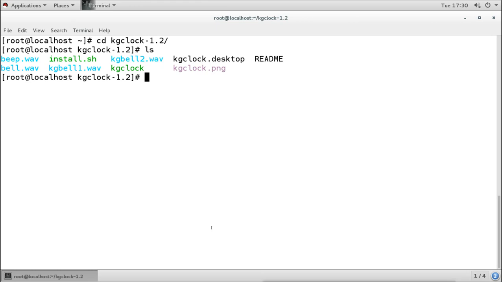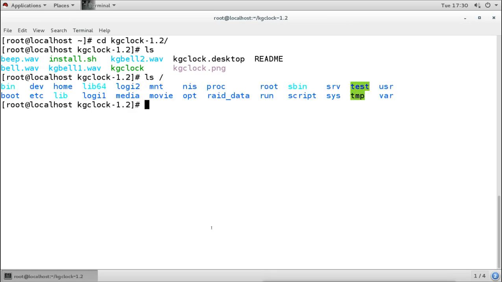Now basically, what happens when you install any package, RPM or deb? It will open the package and move all the files to their respective directories. The bin files go to the bin directories, the library files go to the library directory, configuration files go to the configuration directory, documentation goes to the USR directory, and under the var directory it will create the variable files.